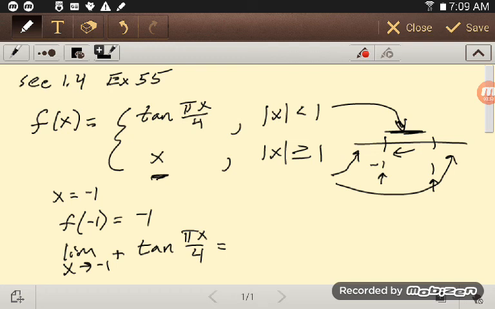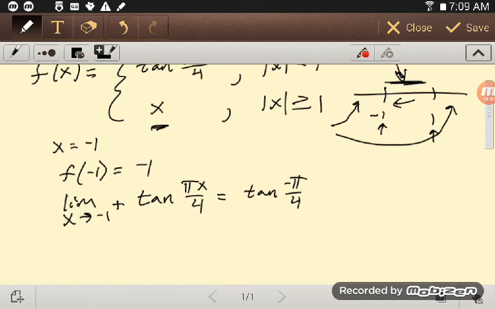I can just do that by direct substitution. That's tangent of minus pi over 4. Tangent of pi over 4 is 1, that's 45 degrees, and so minus pi over 4 gives -1. We get -1 there. Those are the same,